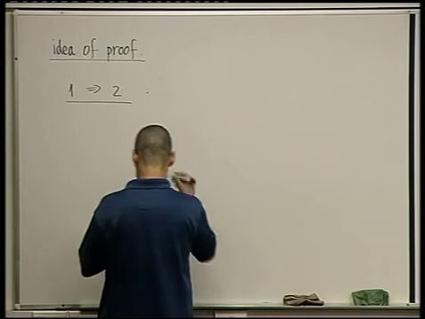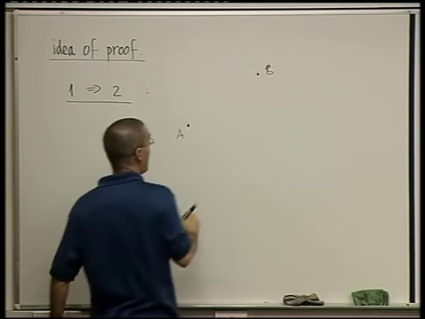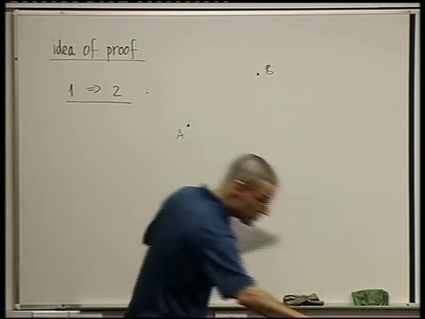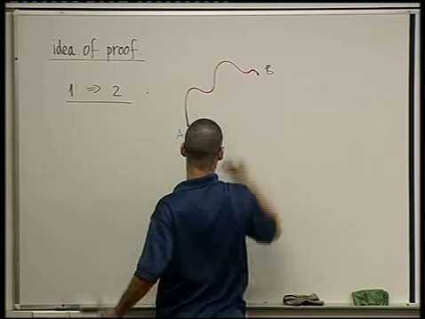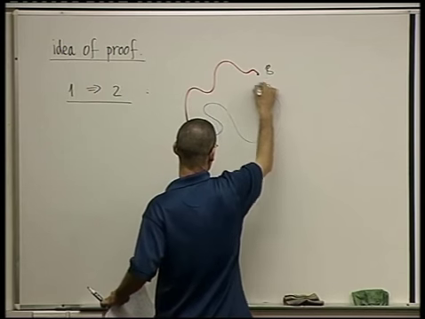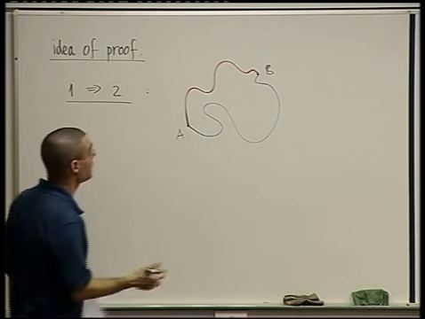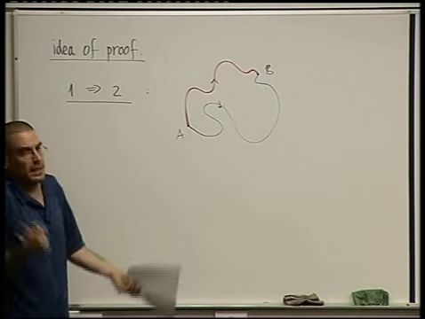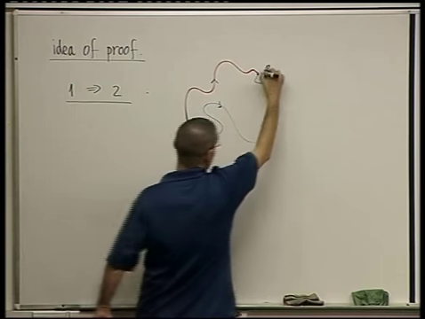So let's show that. So suppose we have 2 points, A and B. I want to show that the integral between A and B doesn't depend on the path you choose between A and B. So let's choose any 2 paths. Any 2 paths. Here's one path. And here's another one. Any 2 paths you want. Okay? And these were completely arbitrary. So if I show that the integrals along this path and this path are the same, this would prove that it's independent of the path. Right? So take any 2 paths connecting the point A to the point B,